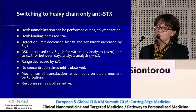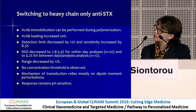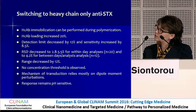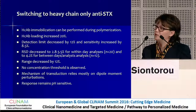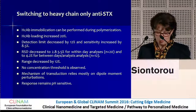That's not big news for us anyway. The relative standard deviation decreased, and that was good news. And the precision, the reproducibility between days and analysts also got below 5%. The range decreased slightly. Again, there was no concentration threshold, and the mechanism of transduction seems to rely more on dipole moment